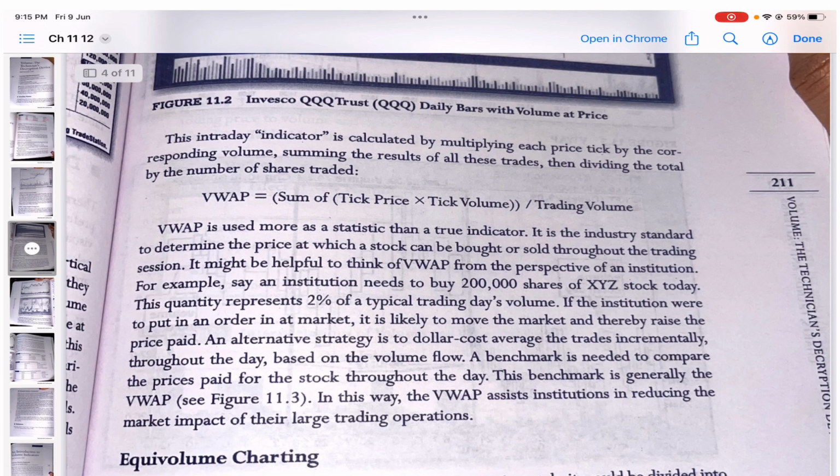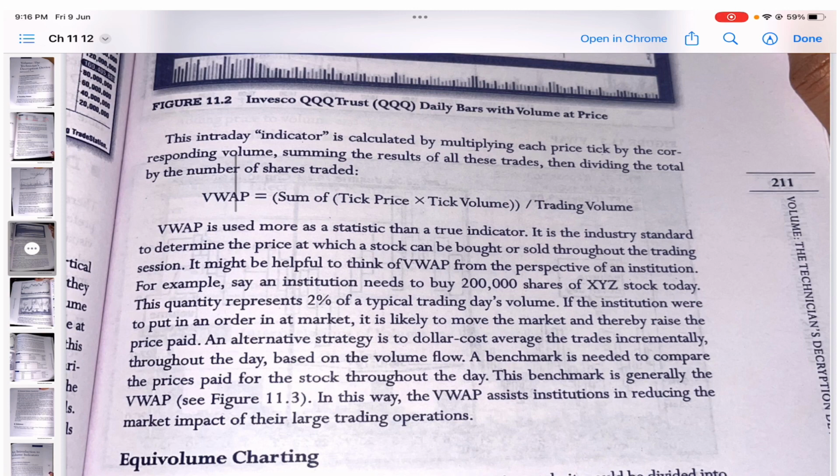This intraday indicator, again, look at this. This is very essential. This is an intraday indicator. Why is it an intraday indicator? If you can recall, when we saw the TradingView chart, we saw that when I'm using it on a daily chart, the VWAP is sticking to the price and I wasn't able to use it as much. But when I saw it on a 5-minute time frame, that was far from the price and it was giving me a proper outlook. So that is why they say that VWAP is an indicator which is used for an